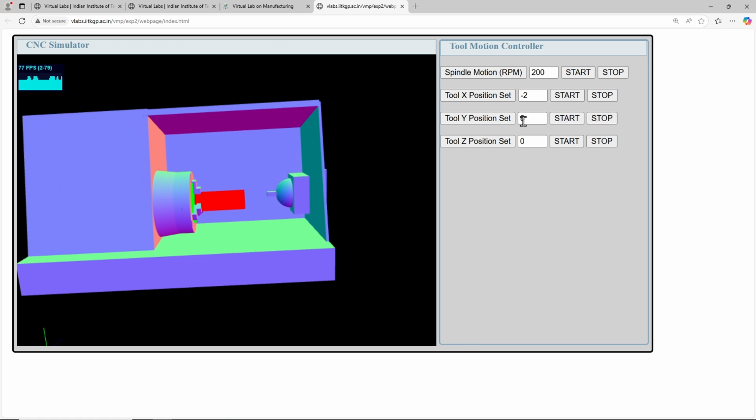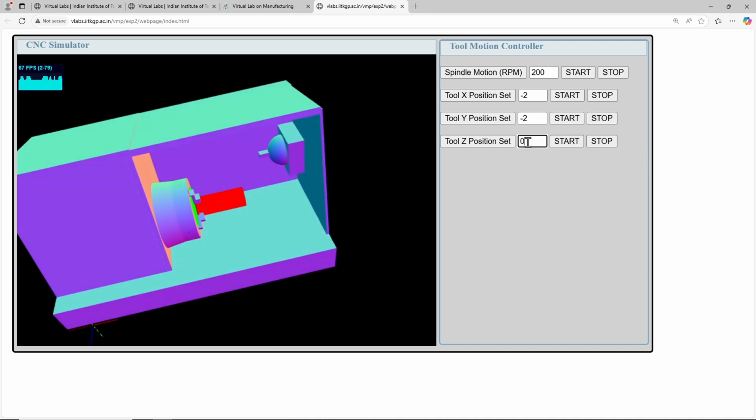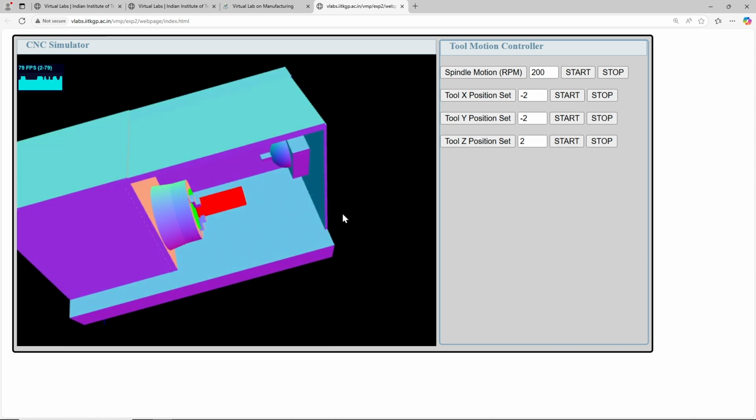I will stop it, put -2 and try to bring it up. Stop. Now, Z position, let me put value 2 and start, it is coming towards this direction.